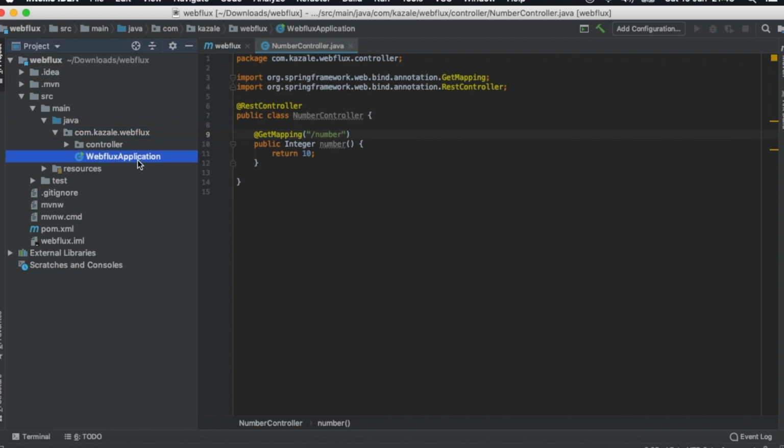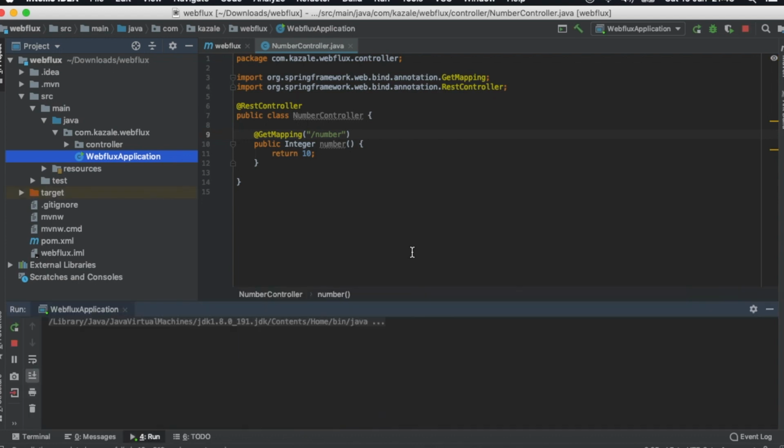I will just run this. Since there is no difference, nothing is different here, but when we start this application, you will see the first big difference, and the first big difference is related to the web server. So the reactive stack doesn't use Tomcat or Jetty as we are used to with regular applications. On the other hand, it uses Netty, that is an